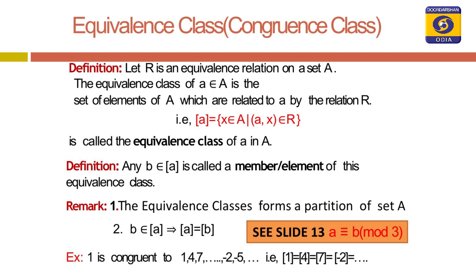And second example, there are 3 sets: the singleton set containing 1, the singleton set containing 2, and the singleton set containing 3. This is also a partition, satisfying the condition of a partition. But the third one is not a partition because there is {1, 2}, {2, 3}, and 2 is common. So, this is not an example of partition.